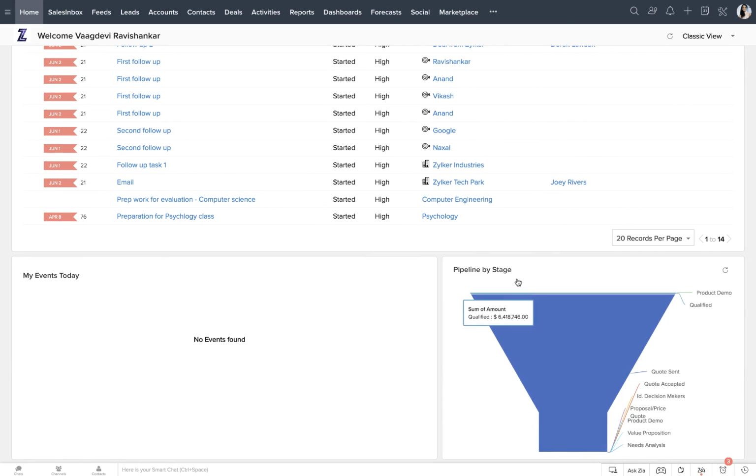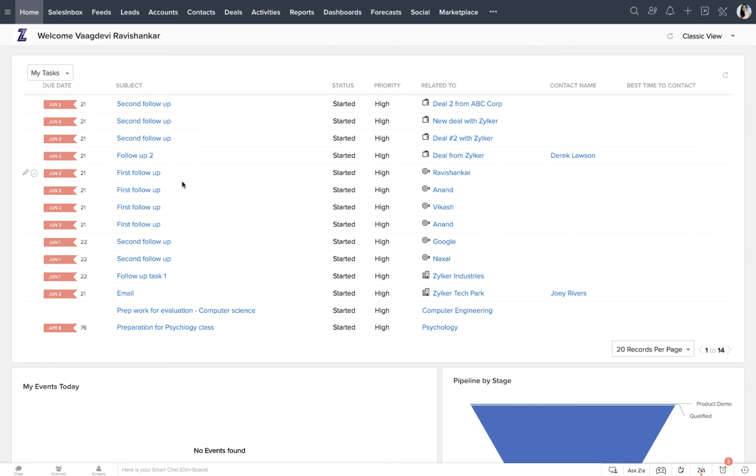This is a pictorial representation of deals organized by their stages. Okay, so these three are the default components that come as part of the classic view, and I cannot change this. So Zoho CRM has deemed this as very common pieces of information that many organizations might require. So we have put this as a view and offered this as a classic view.